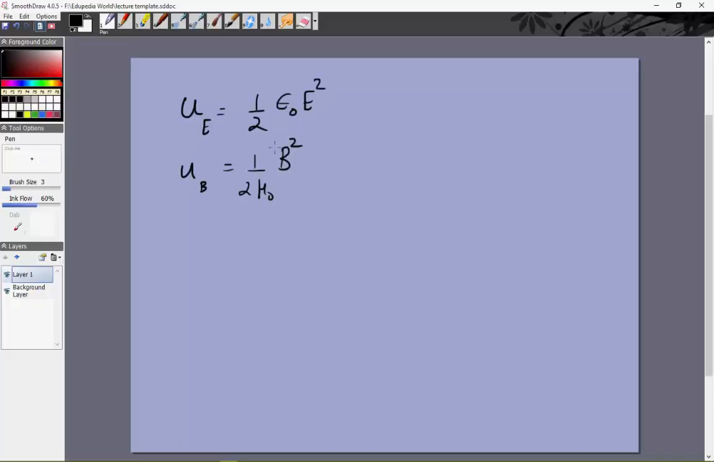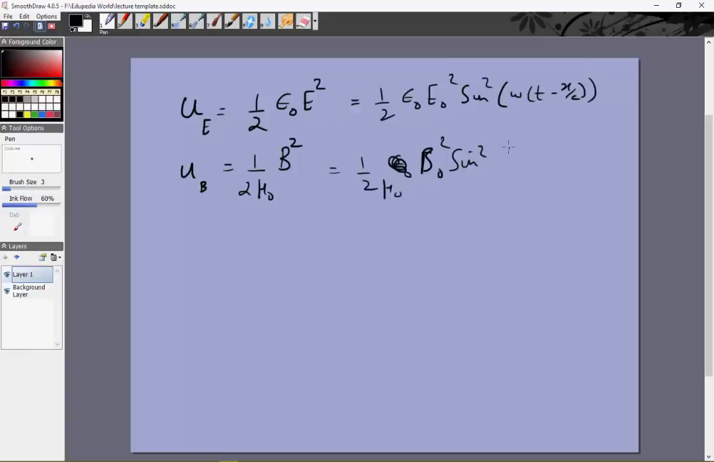Right? Now, actually, if we try to solve these, this would come out to be half epsilon naught E naught square sine squared omega t minus x by c. And this would be 1 by 2 mu naught B naught squared sine squared omega t minus x by c. Right. Now, if we calculated the average